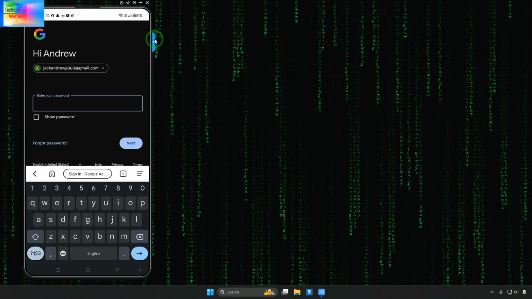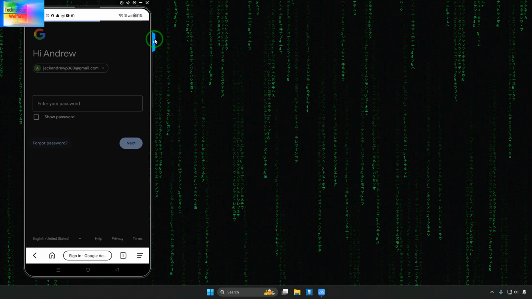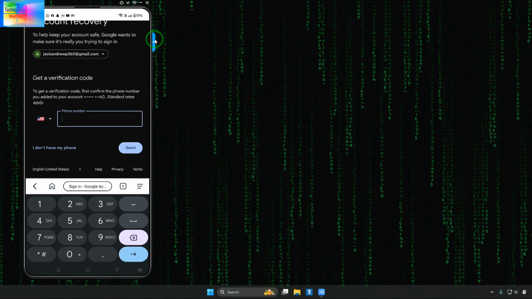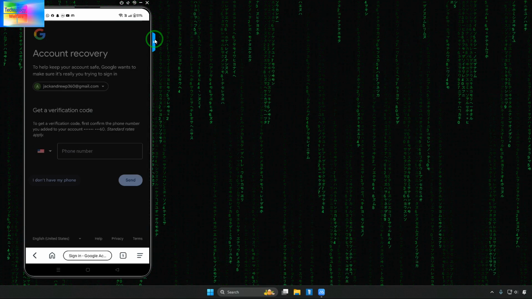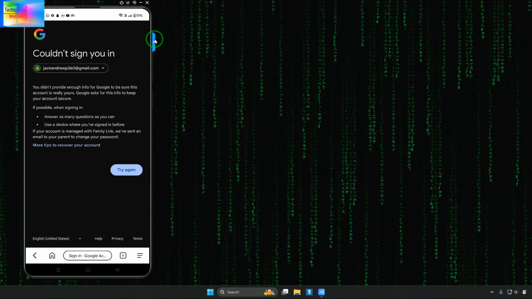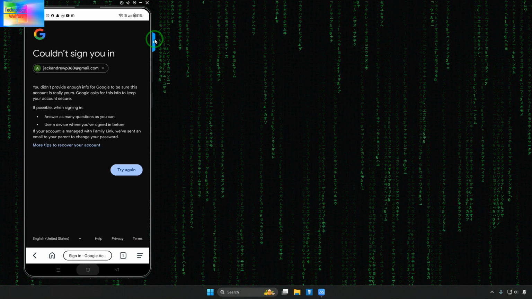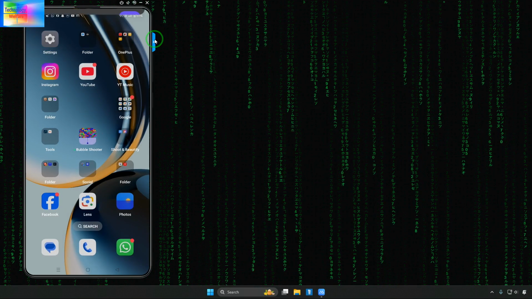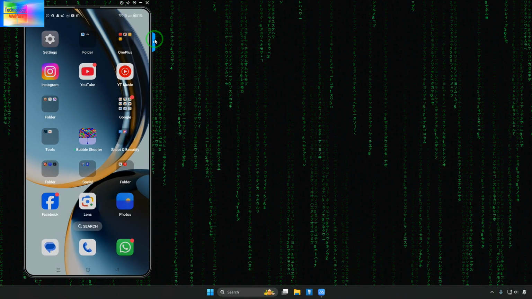Now it is also asking for the password. Of course we will click on forgot. Now see, it's difficult, but of course now it's asking here, and we don't have a number. Now here try again, don't click on try again, guys. Simply we will cut it from here, and then simply we will have to come to